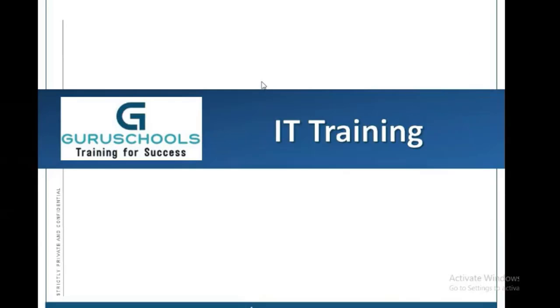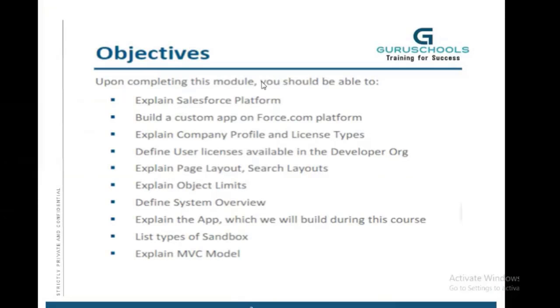So moving to today's agenda, I would like to ask if any one of you has any doubts from the previous session, what we discussed about Salesforce and cloud computing and all. No. Okay. So today's agenda is we will be discussing the Salesforce platform,